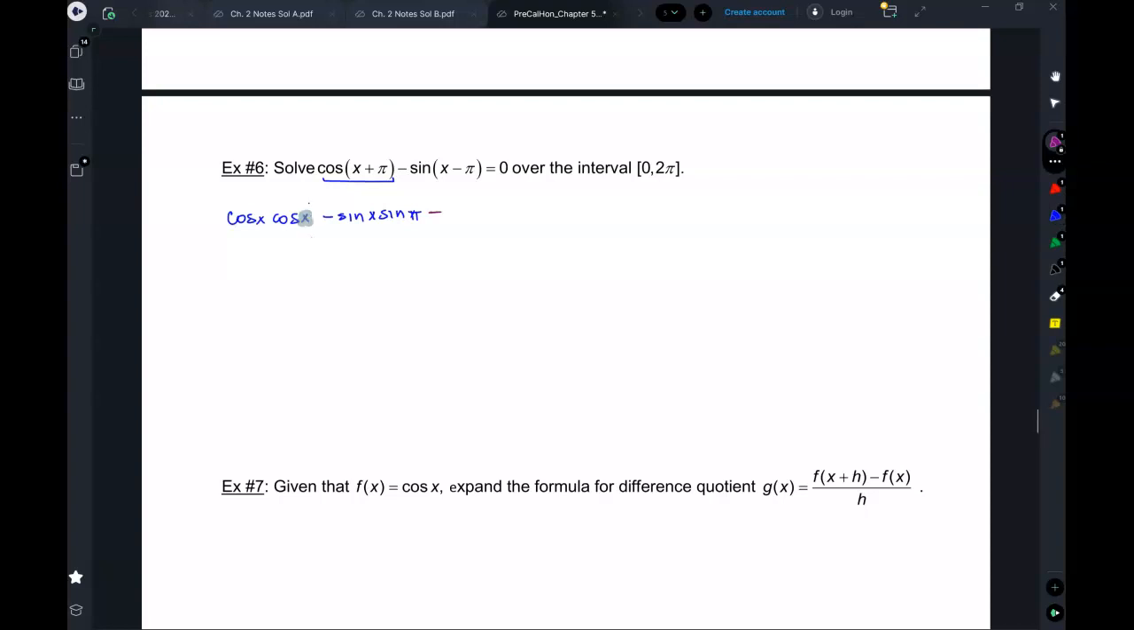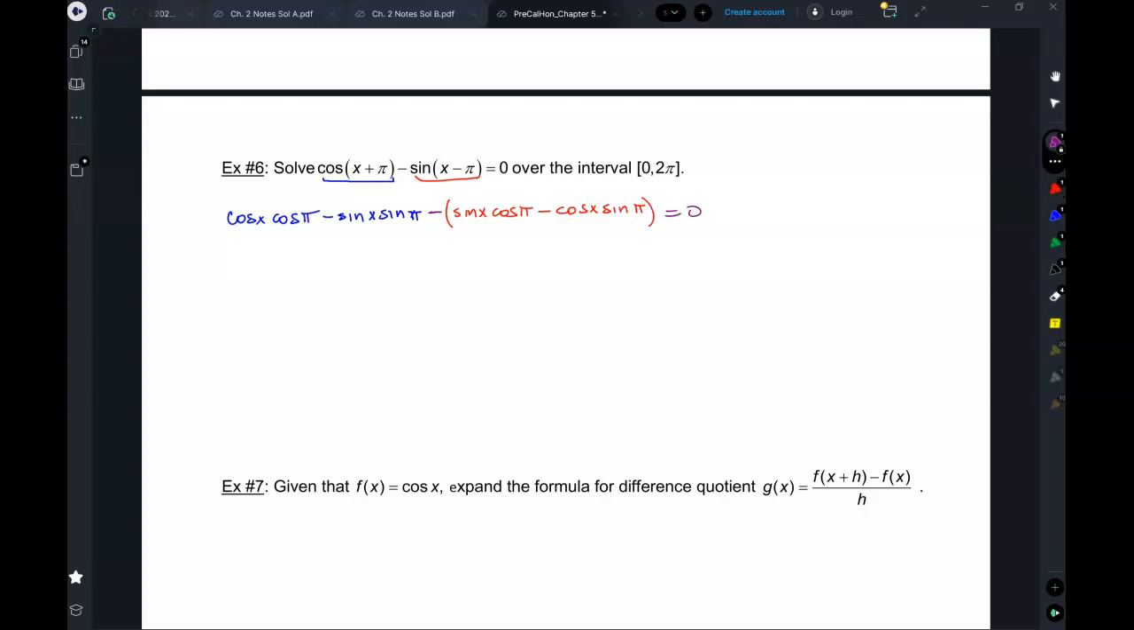Oh yes, sorry, thank you. Cosine, cosine, sine, sine. Now there is a minus. This is sine, cosine, cosine, sine. In parentheses though, sine, cosine, minus cosine, sine